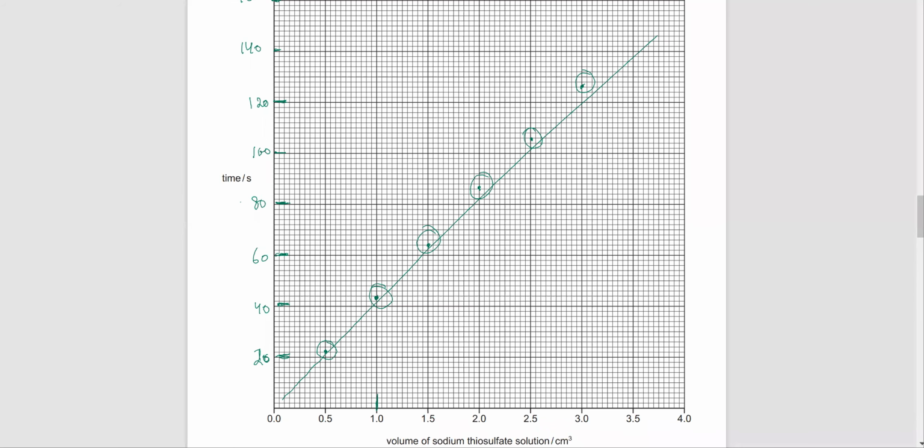अच्छा, ये खैर गलत line है totally. We can rub that off. अच्छा, ruler से line बनानी है. Not all points should be on the line, but they have to be close to the line. मतलब एक भी point line के ऊपर नहीं है, that's fine, as long as they are scattered equally around the line. So take a ruler and draw a best fit line. ठीक है? So just make sure it's not important that any of the points are on the line. What is important is that उसके ऊपर नीचे जितने भी points हो ना वो equally spaced हो. Like if there are 3 points on the left side, there should be 3 points randomly on the right side as well.